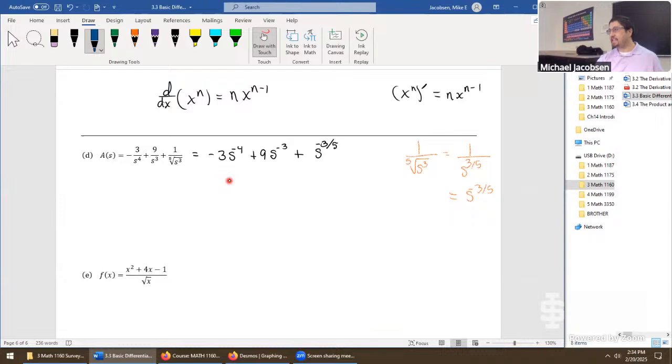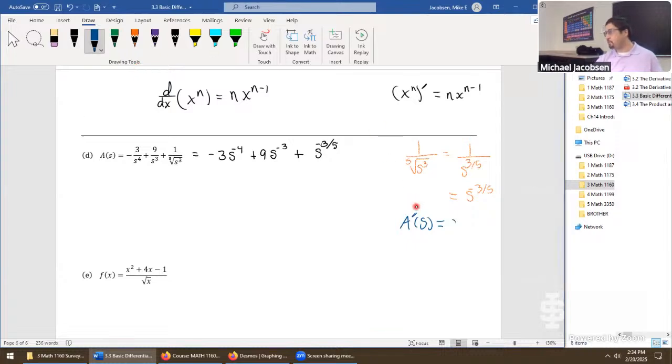Okay, now for the next thing, we can call it a prime at s, but the variables are kind of non-standard. Oftentimes when you have these kind of variables, it indicates this might have been an application problem. We threw away the context and we're just differentiating what we see. But in these kinds of situations, when the variables look a little bit weird, oftentimes we use Leibniz notation to